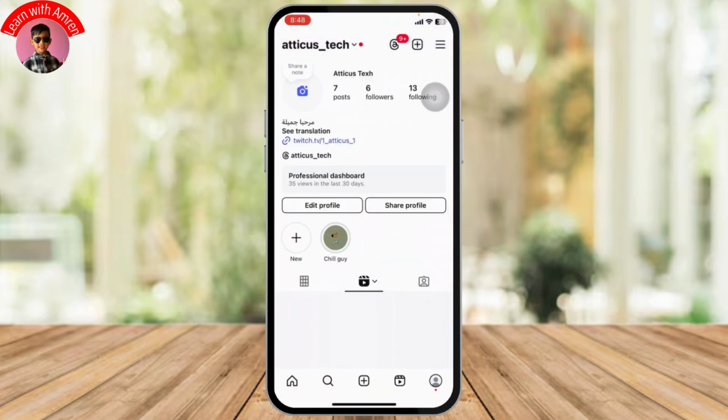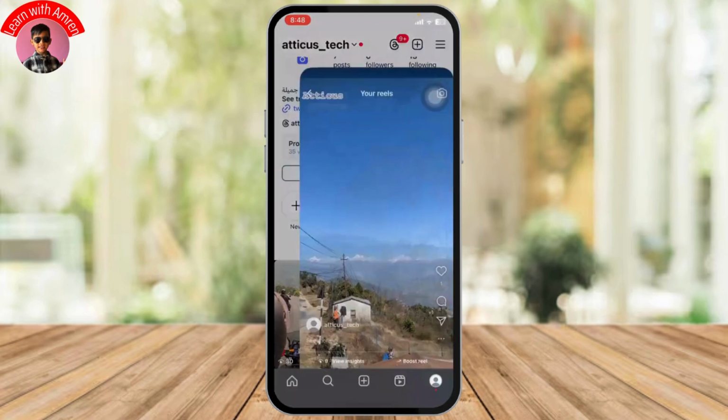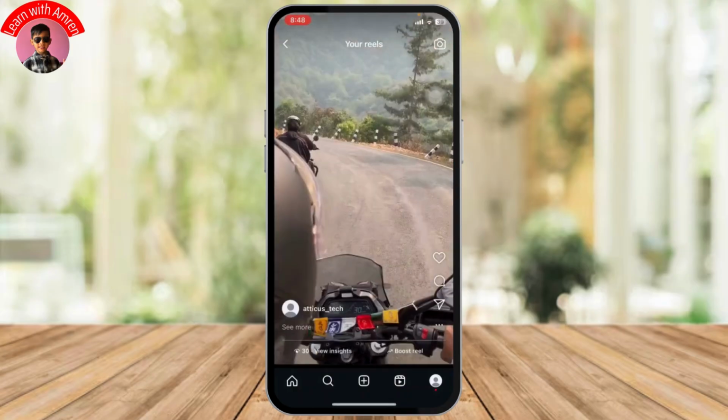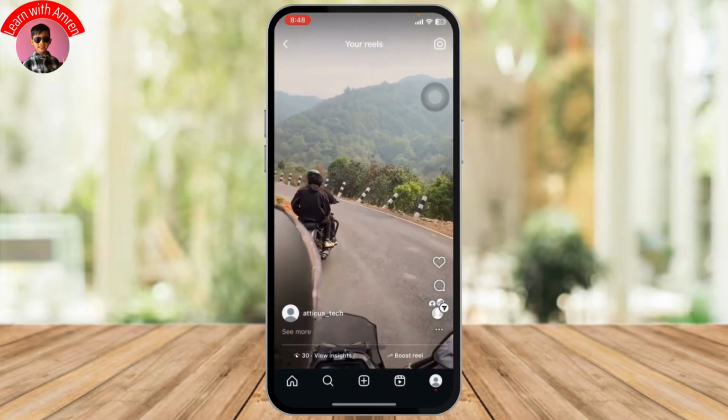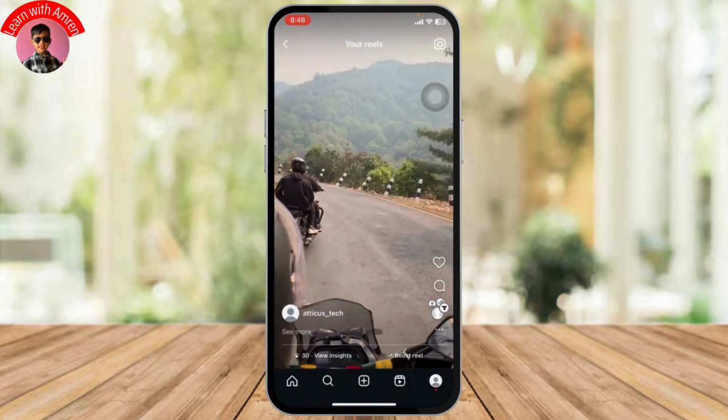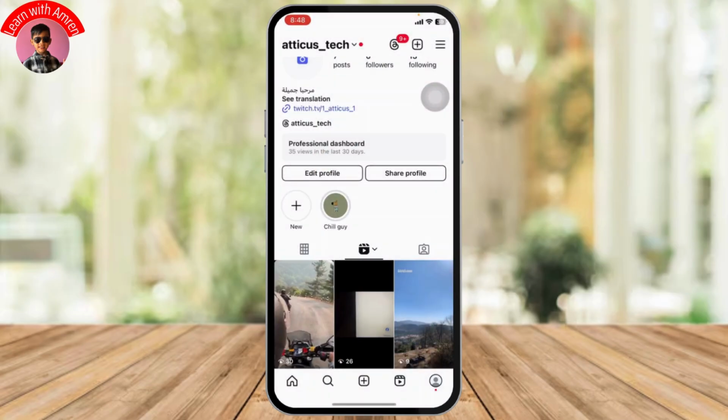So you can go through your reels. So you can go to the reel section as well. And on the reel section, there you will see the share button. And when you tap on the share button, you will be able to share your reels. Now from here, you cannot actually see who has shared your reel, but what you can do is you can